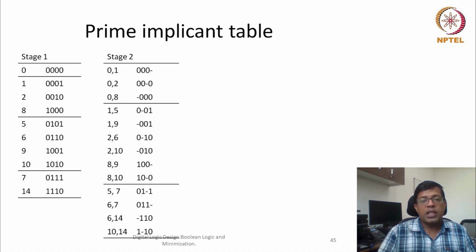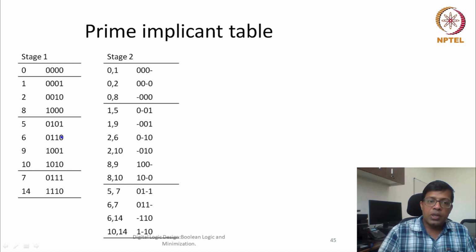Similarly, this whole group would be completed by comparing these 3 mean terms with these 4 mean terms. So that means 3 into 4, 12 comparisons would take place, and out of the 12 comparisons we see that we can have 6 pairs. We got 6 pairs out of these comparisons. Here also, the total number of ones in this whole group is 1, so we can also call it group 1.